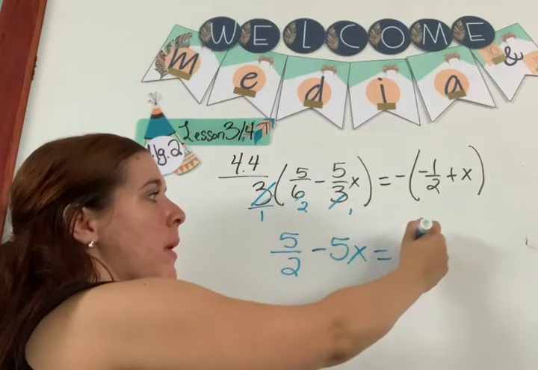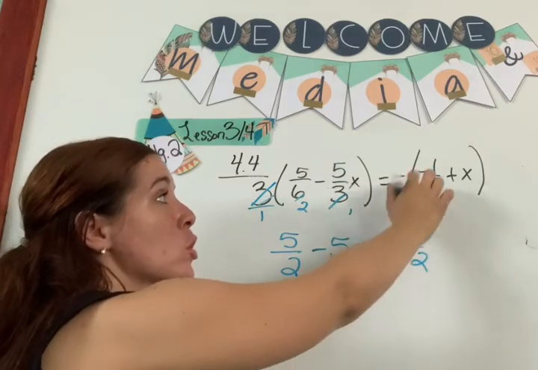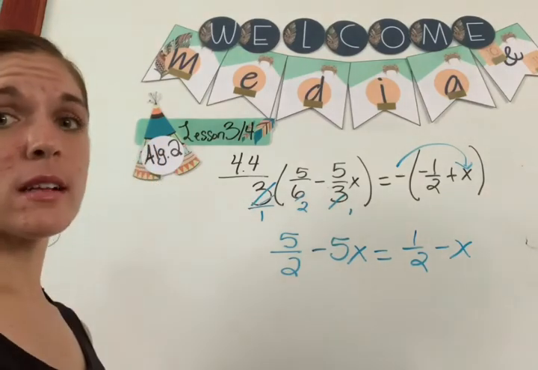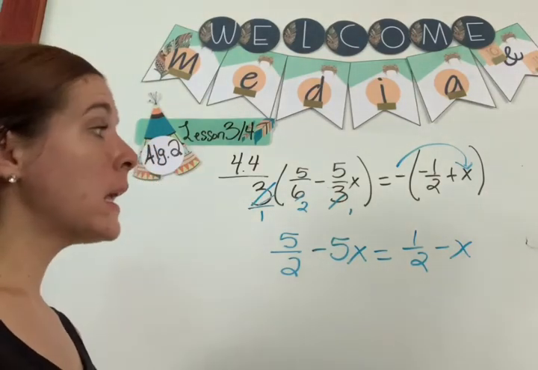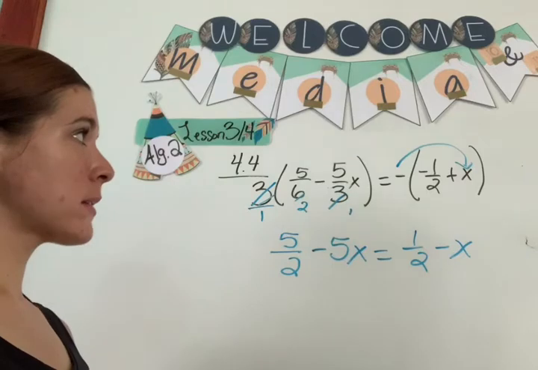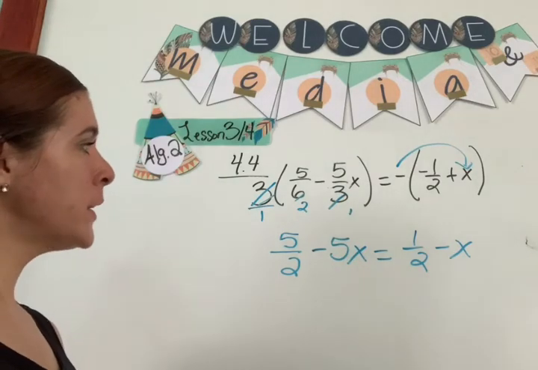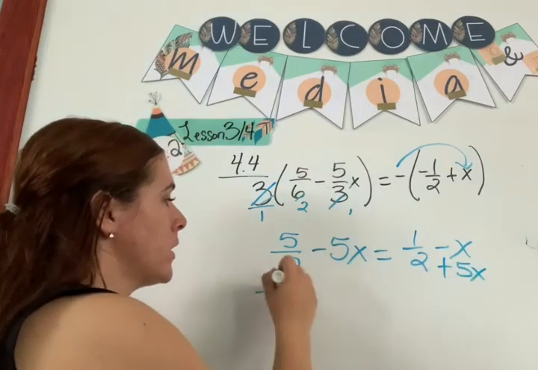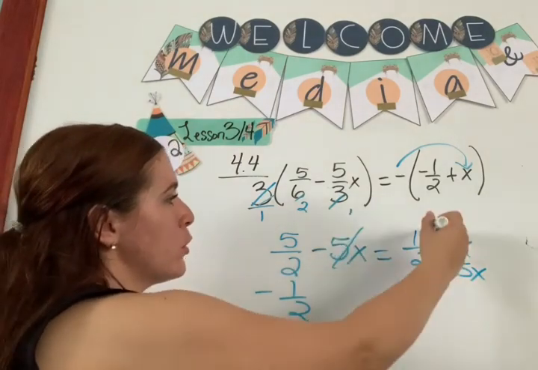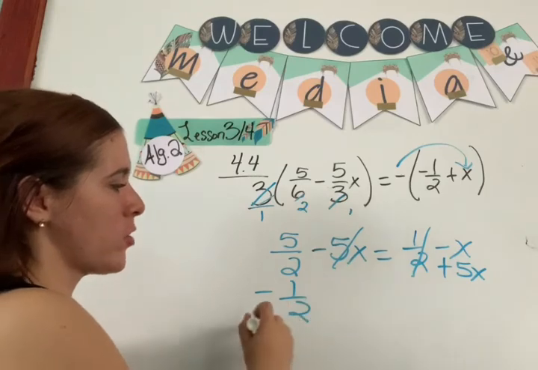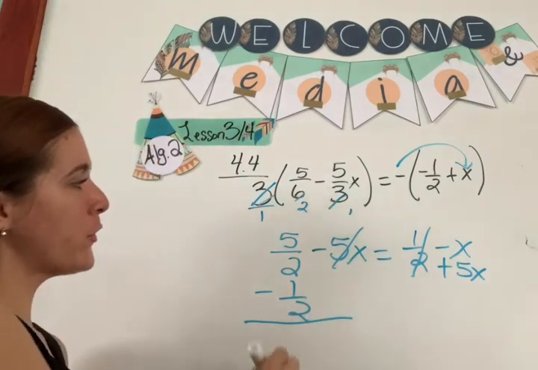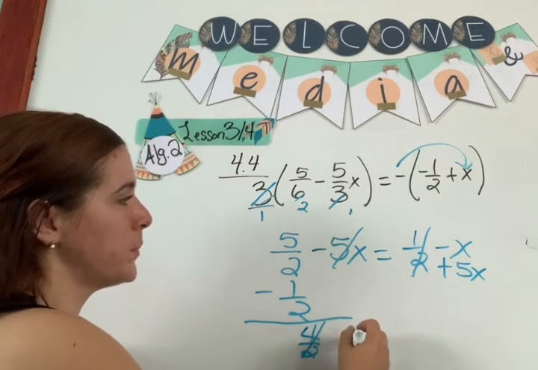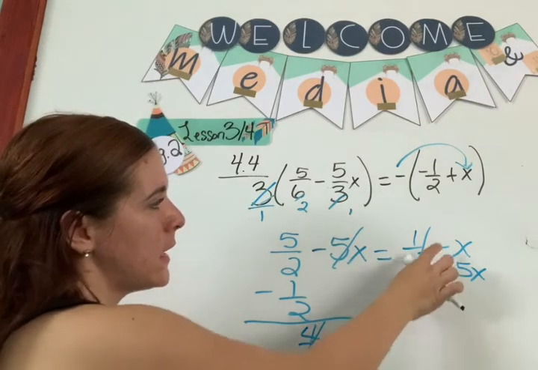Negative and negative is going to be a positive 1/2, and then make sure you distribute this negative over here. It is super easy to miss that negative, you guys, and a lot of people don't distribute it like they should, and that's how you get your answer incorrect. Okay, so now you're gonna move your 5x over here and your negative 1/2 over here. And see how cute it is turning out because there's not a bunch of common denominators and stuff like that. So 5 over 2 minus 1/2 is gonna give you 4 over 2, which is just gonna give you 2. So 2 equals negative 1 plus 5